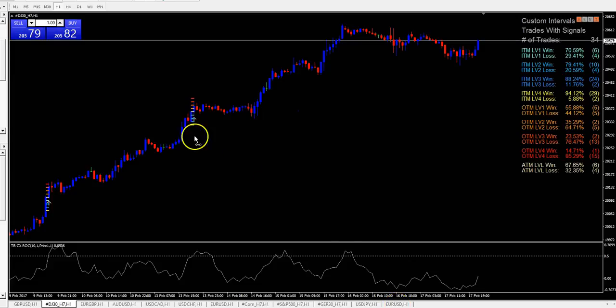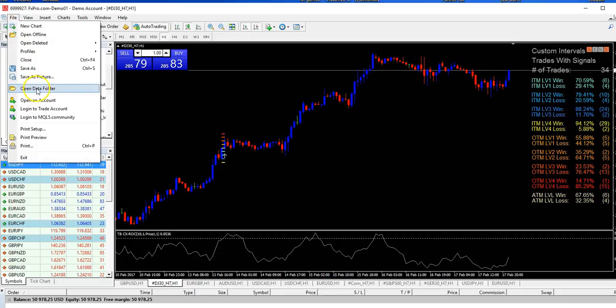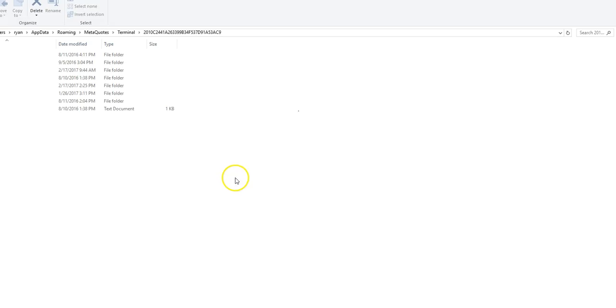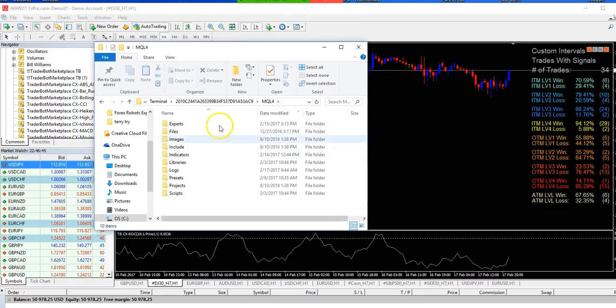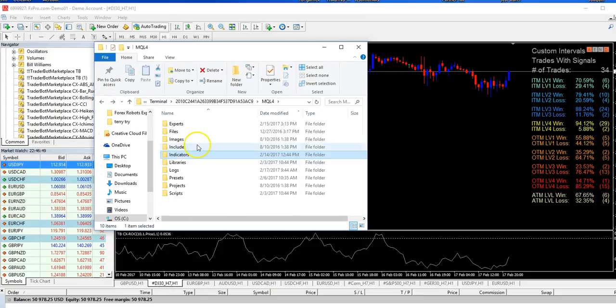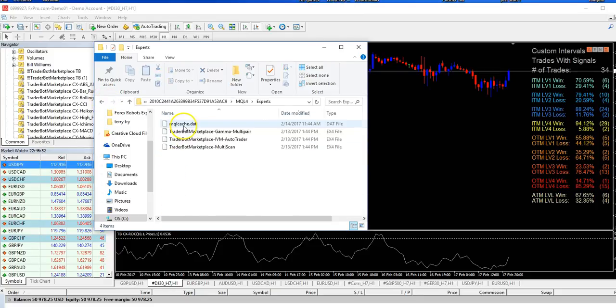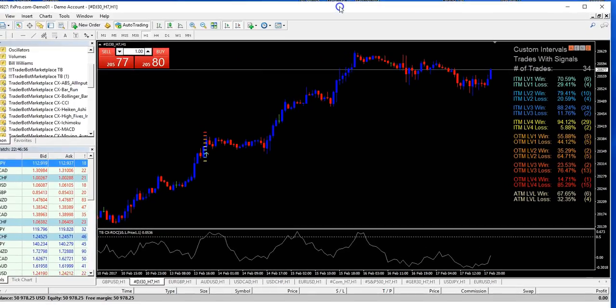Currently, you've had to do this. You've had to load all these. You've had to go in here and open your data folder. And then when your data folder opens up, you've got to go into MQL4 and then go into indicators and paste them all in there. And if you've got auto traders, you've got to go in there, find the experts tab, paste them in there, all that. What we have now,